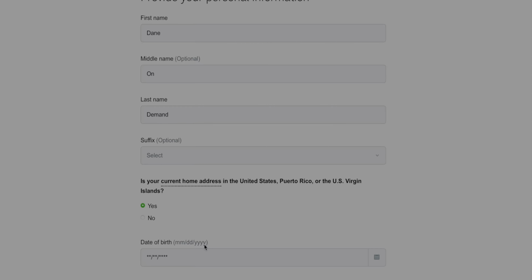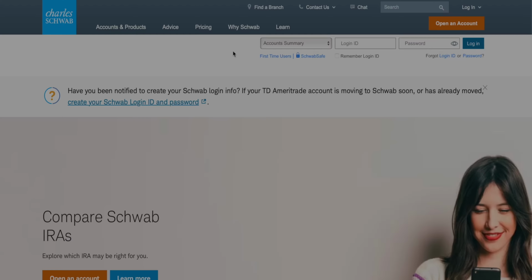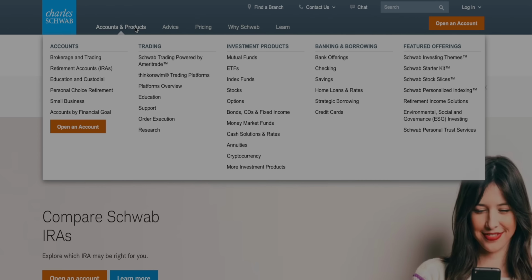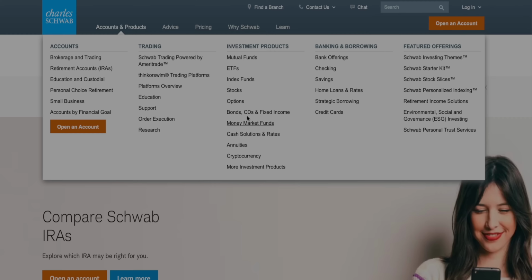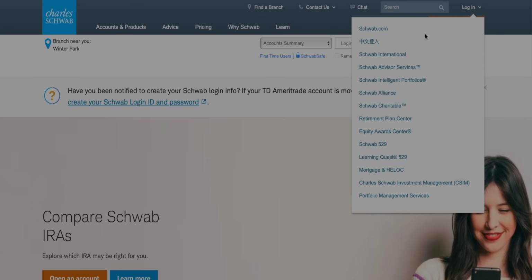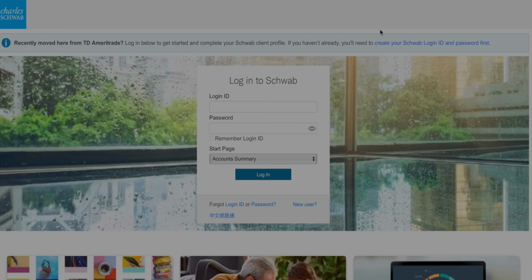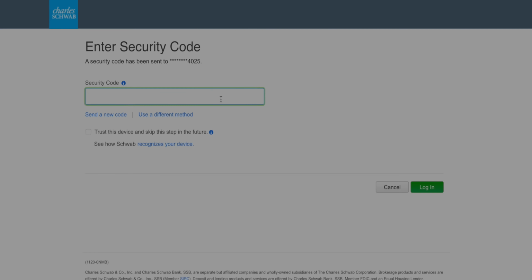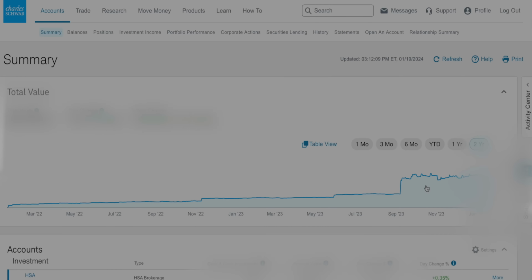So what do you do once your account is open? Once your account is open, you can go ahead and start trading. Some of the trading that you can do is you can purchase mutual funds, ETFs, like I mentioned before. Something that I want to mention here though, I'm actually going to go ahead and log in. So I got a security code, so I'll type in my security code. All right, so what I want to cover